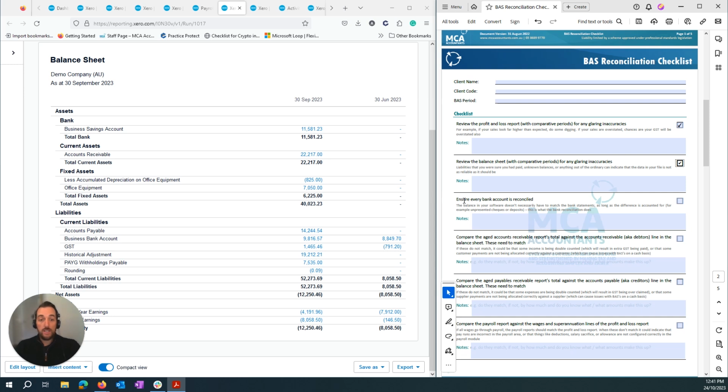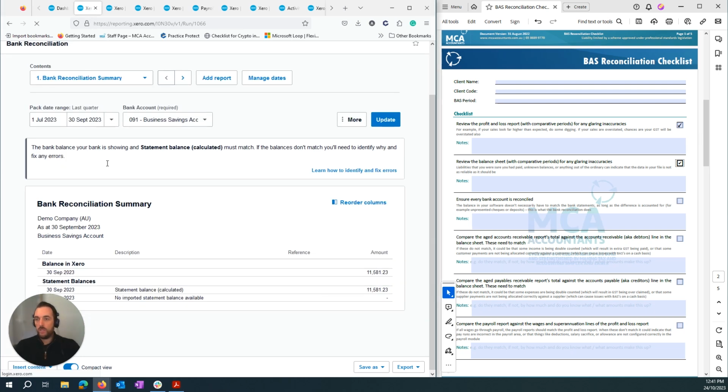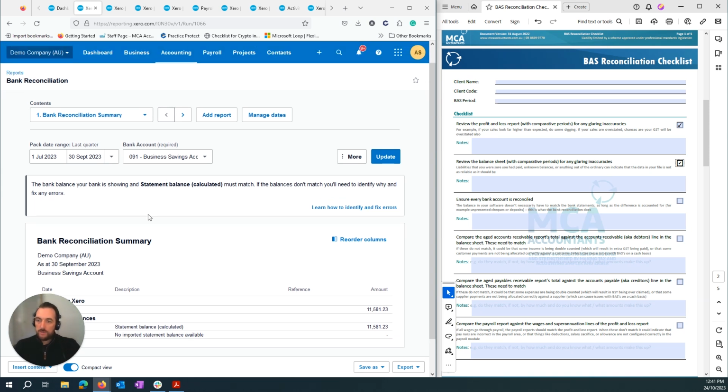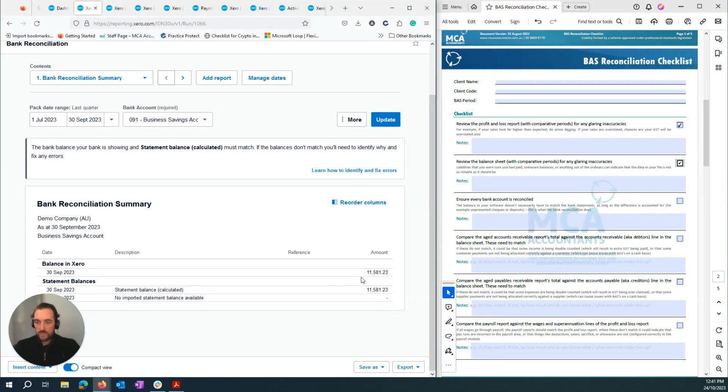Now your next thing is make sure every bank account is reconciled. You could arguably do this first. I've put it as third in our checklist, so we just want to make sure all the bank accounts are reconciled, and to do this we would normally get the bank reconciliation report. So I've got the bank rec summary here. So it's saying for the savings account, the balance in Xero matches the expected statement balance, so that should be